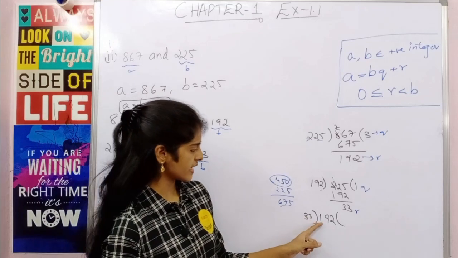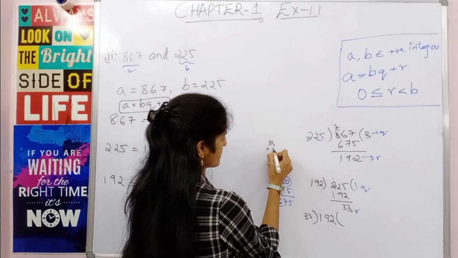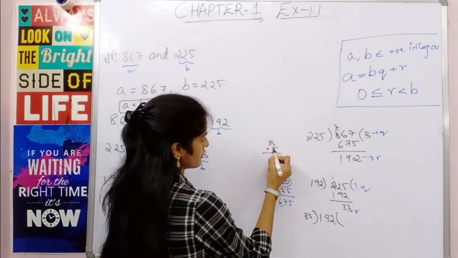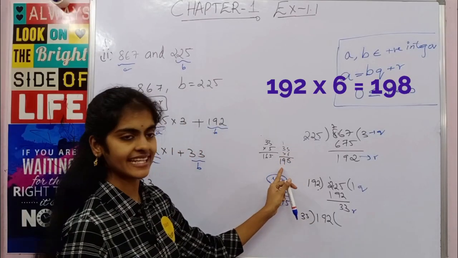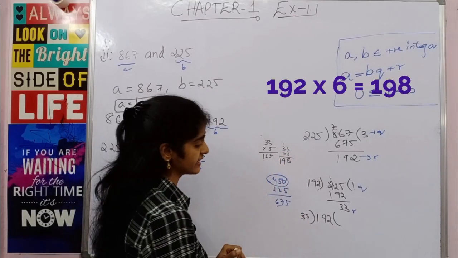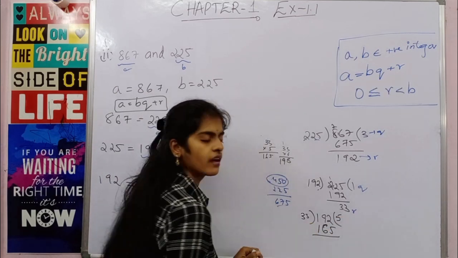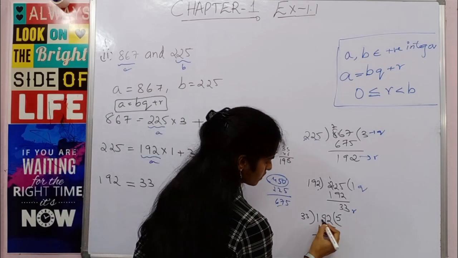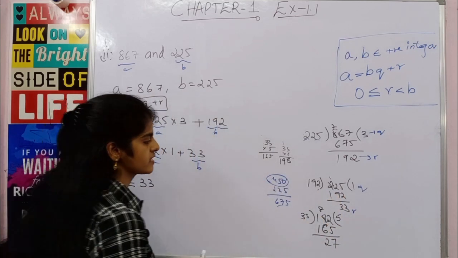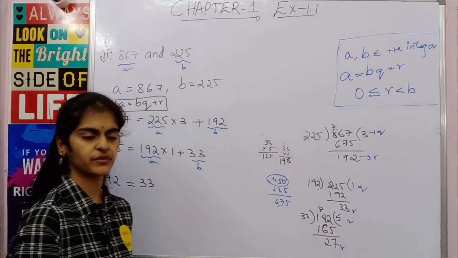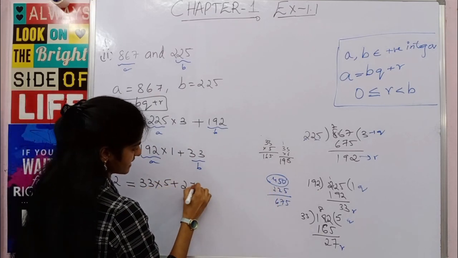You cannot take 2 numbers, you have to take 192 completely. So 33 5s are 165. Now this is 198, which is more than this. So let us take the 5s are 165. Now just see. Subtracting, you have 7 and this is 2, 27. So this is quotient, this is remainder. Clear? So quotient is 5 plus remainder is 27.